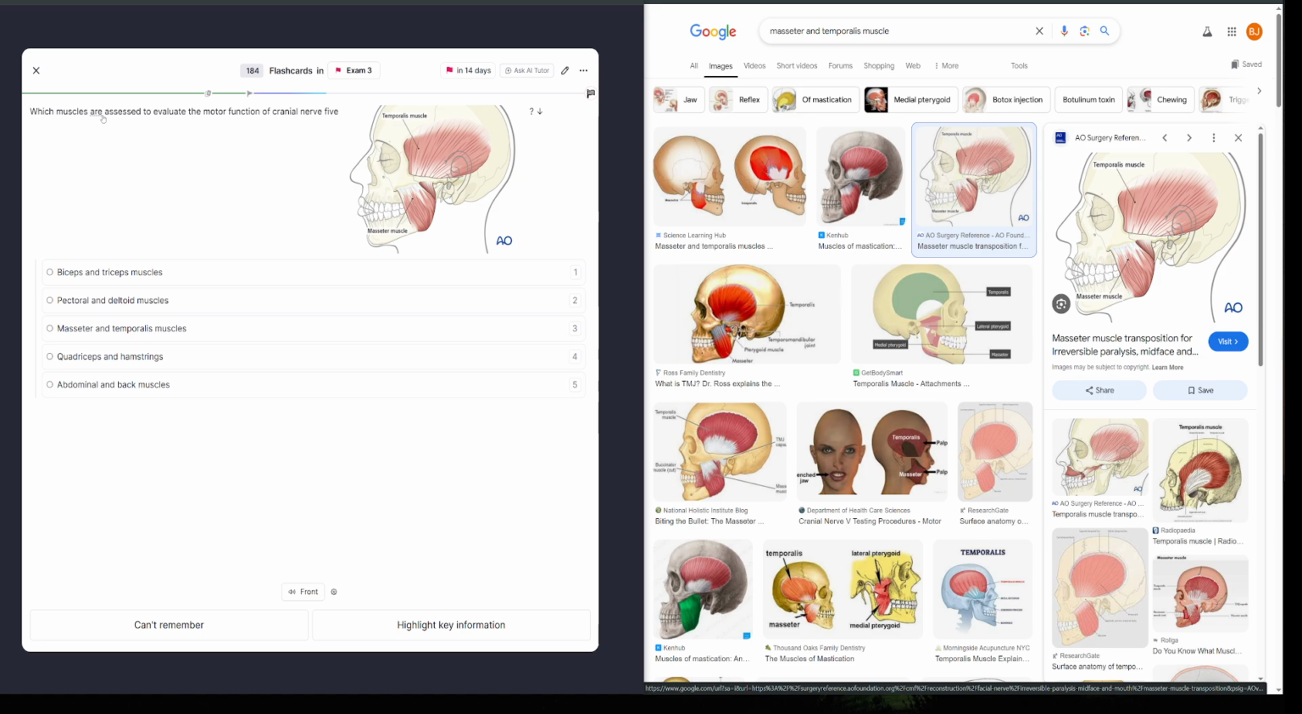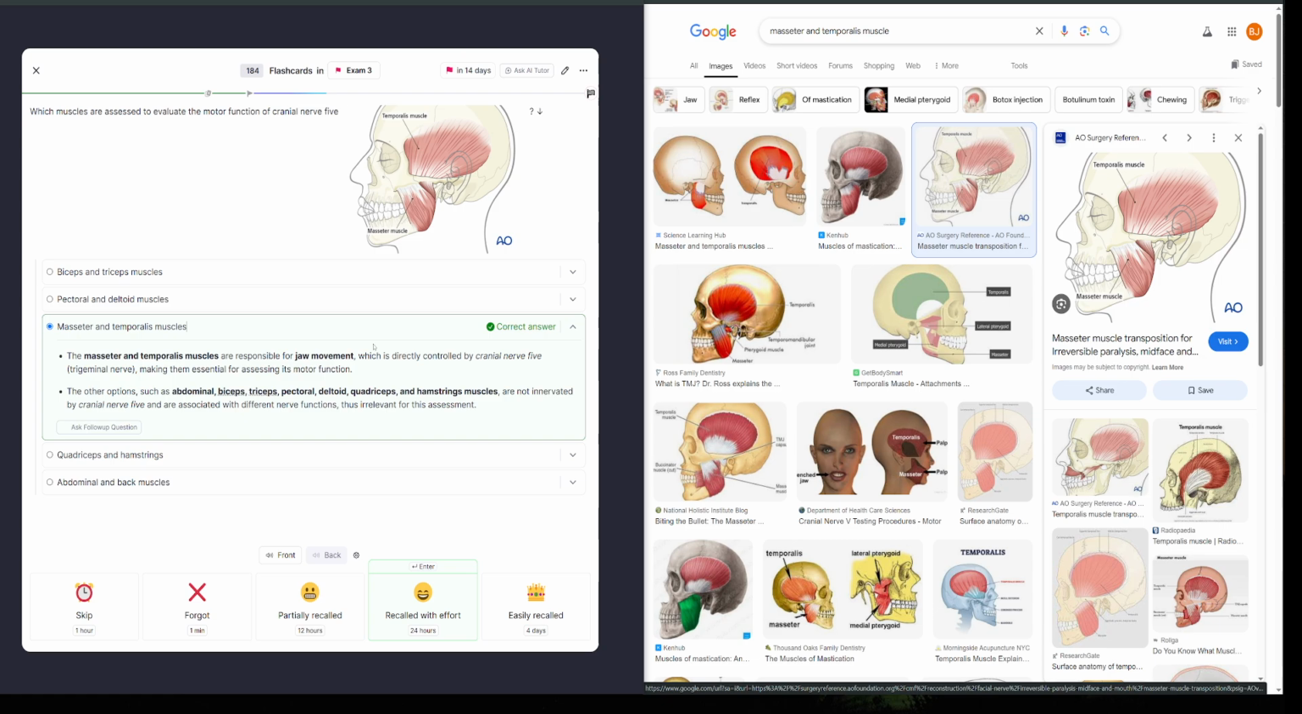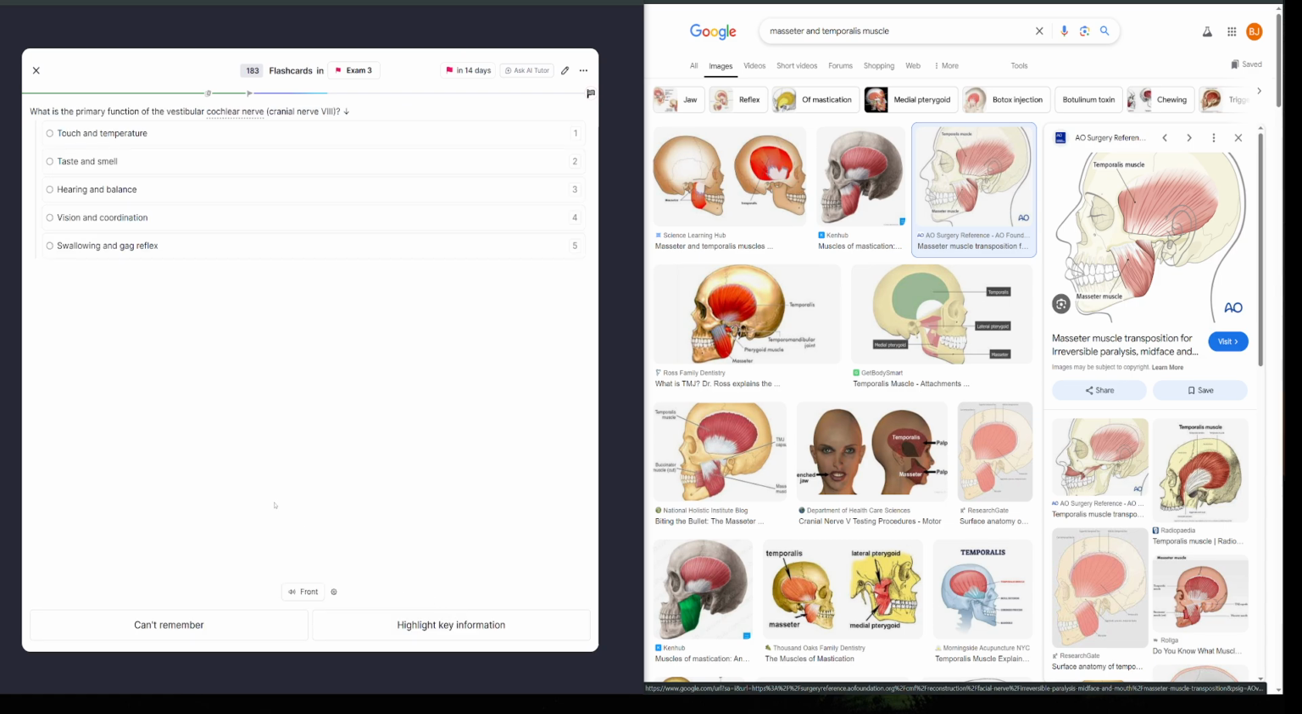So now, which muscles are assessed to evaluate the motor function of cranial nerve 5? Temporalis muscle and the masseter muscle. Now you remember exactly where the location is. You have an image in your mind, and now it makes it a stronger card. So when you're on the exam, or you're testing, or you're in your clinical area, you'll remember where exactly cranial nerve 5 is. So this is creating high yield cards, rather than just creating simple cards like these,